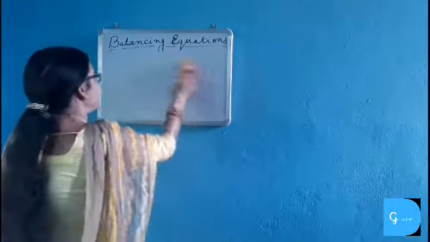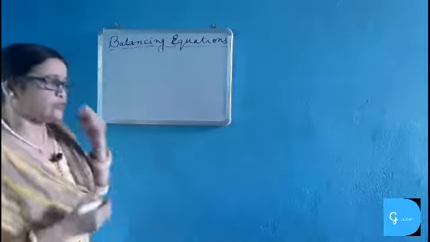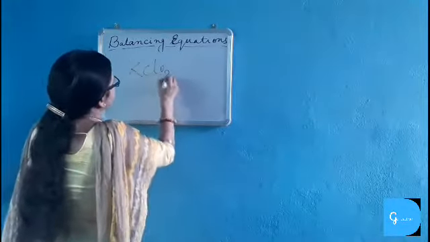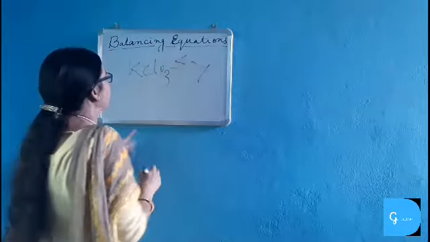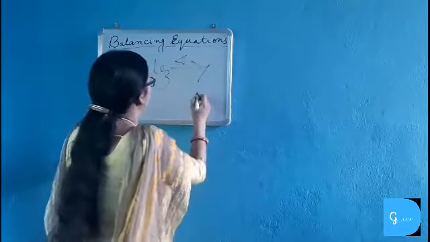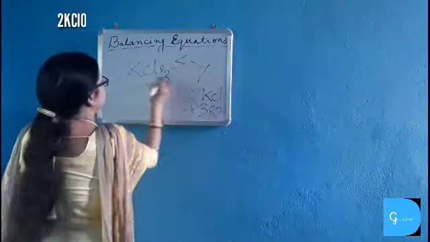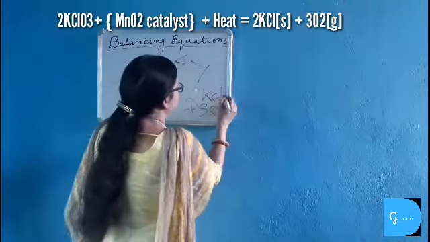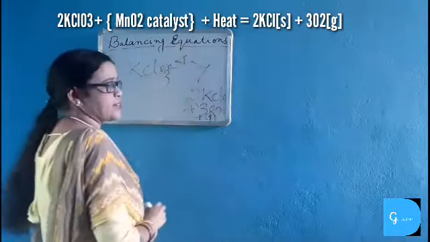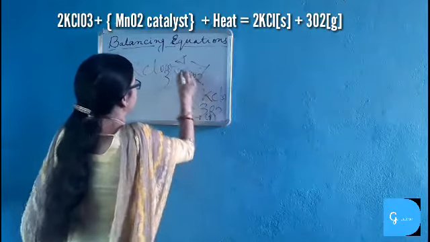Now the physical states have been stated, also the thermal change has been stated, and other conditions are also stated in this. How do we explain other conditions? When potassium chlorate is heated, heated means endothermic reaction, heat is needed here. So when potassium chlorate is heated, what happens? It gives potassium chloride plus oxygen. Potassium chlorate is solid, potassium chloride is also solid, and oxygen is gas, and heat is needed here, so it is an endothermic reaction. Another point to be noted here is that it reacts in presence of catalyst manganese dioxide.